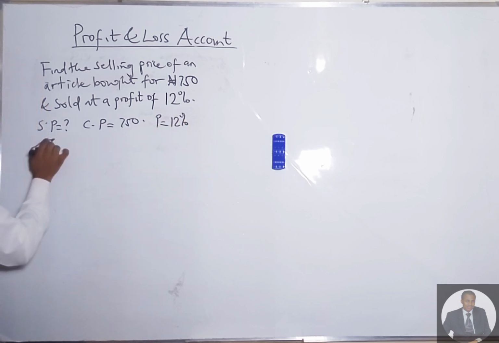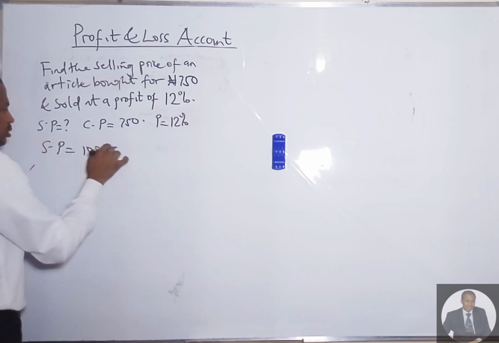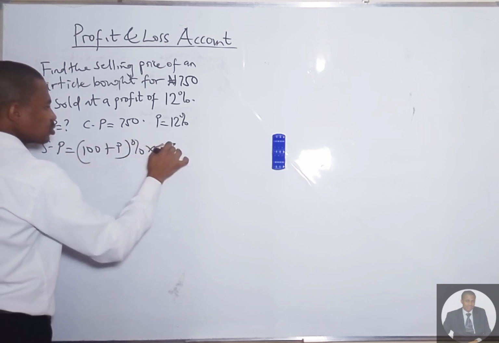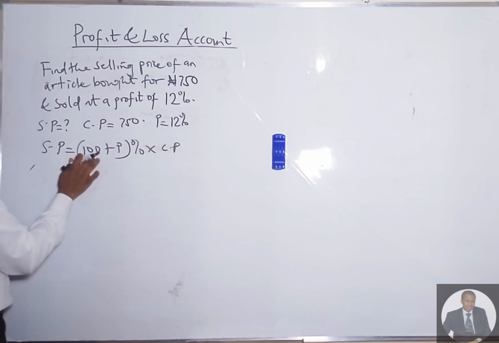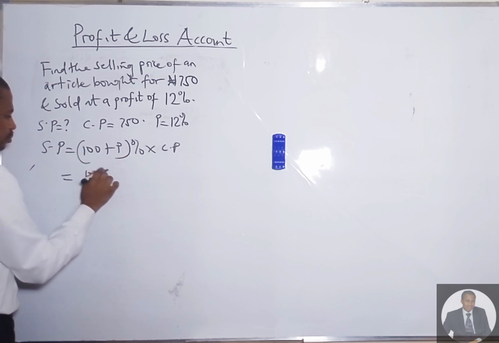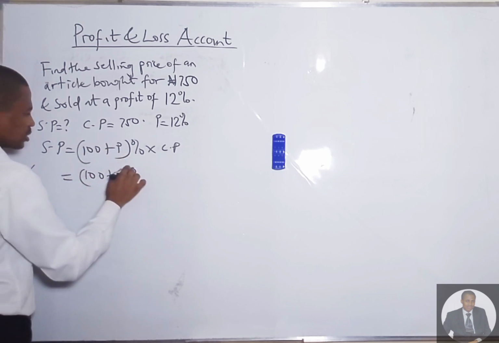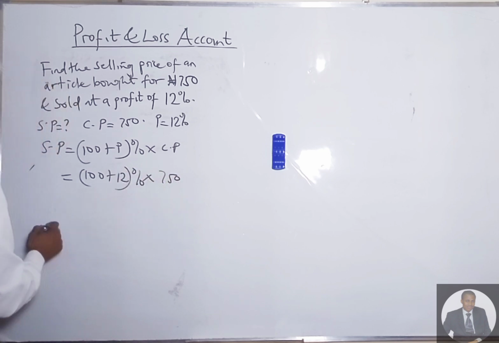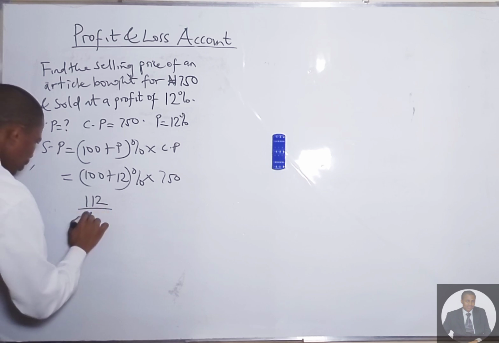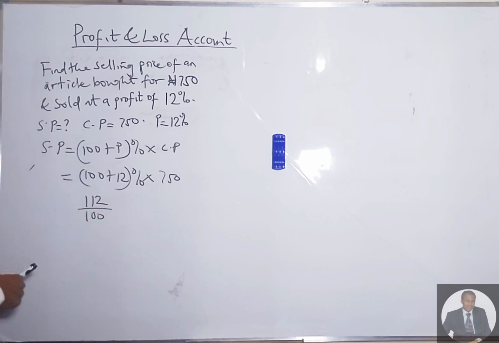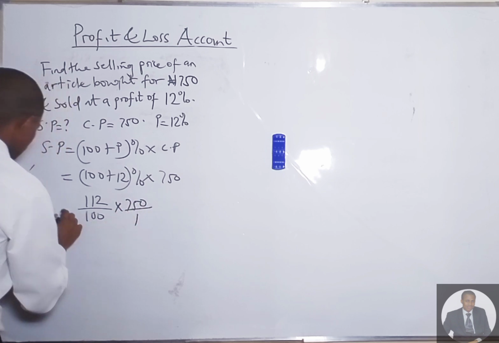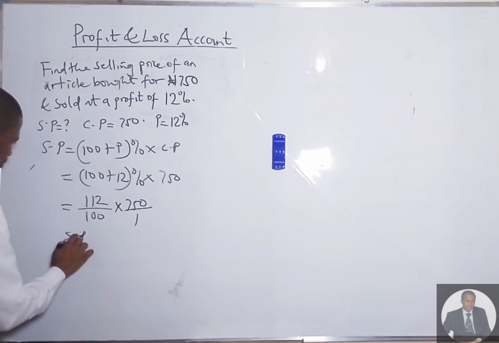The formula here will be selling price equals 100 plus profit percent times cost price. So selling price will be 100 plus profit percent, that's 100 plus 12% times what's the cost price? 750. So that will give us 112 over 100 times 750 over 1. So selling price will be